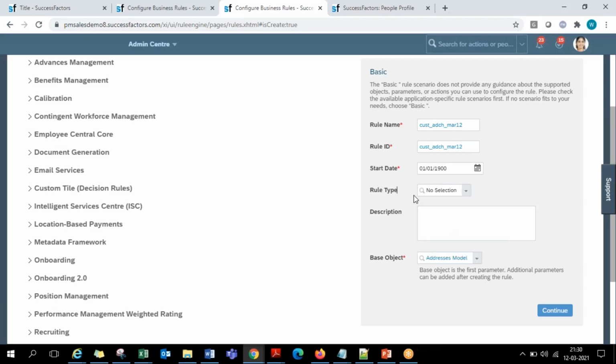If you want to use it, you can, but these are mandatory: the name and ID, the start date of the rule, and then the base object on which it is based. So address portlet, address model means I can compare the current record with the old record. So if I go for continue,